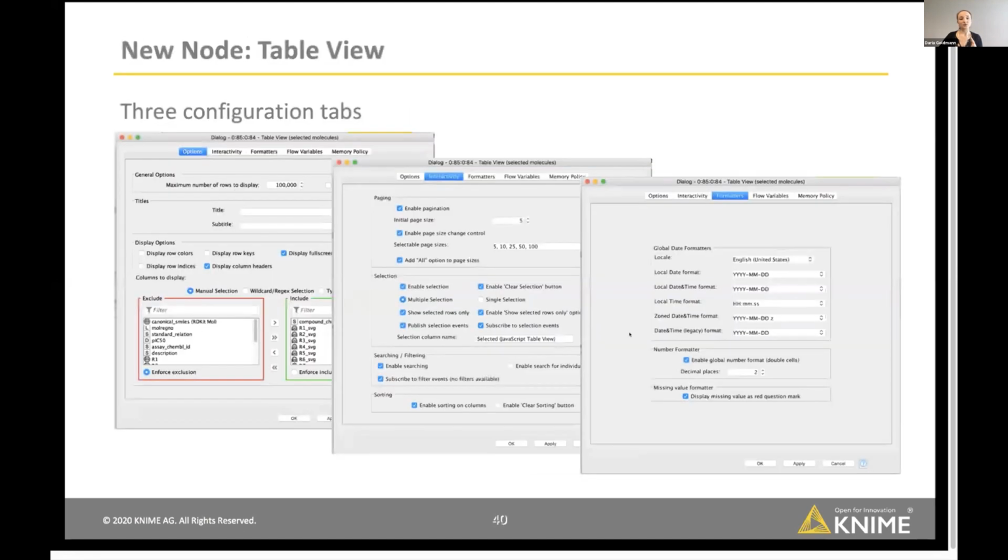Each JavaScript visualization node's configuration dialog looks similar. Usually the first tab shows you general options that are specific to a visualization type, for example the table view. There, in red and green, I can pick which columns should be included or excluded. I can also give a title to the table. I can say if I want to display the colors of the rows or the indices of the rows, if I want to display the row keys, and how I want the data in general to be